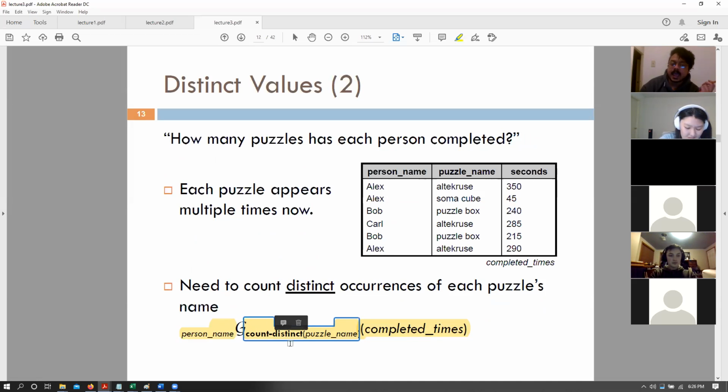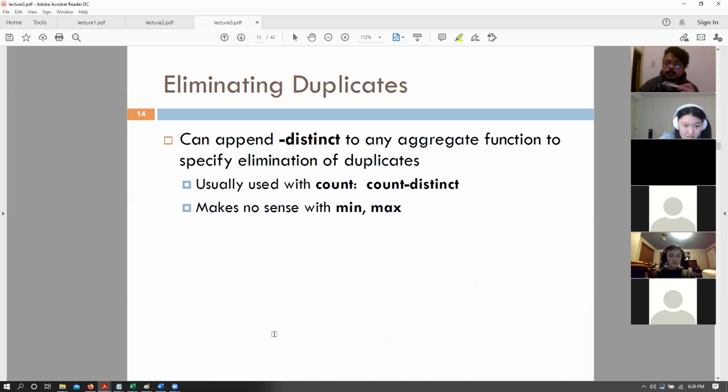And you can add this hyphen distinct to any other aggregate operation of your choice. You can have it in sum or average. So for example, sum up all the distinct balances in my account. But usually it is mostly used with count in order to count all distinct elements. And it actually makes no sense to have it in min and max, right? So essentially, count is the main thing that we use distinct for, but you can also use it